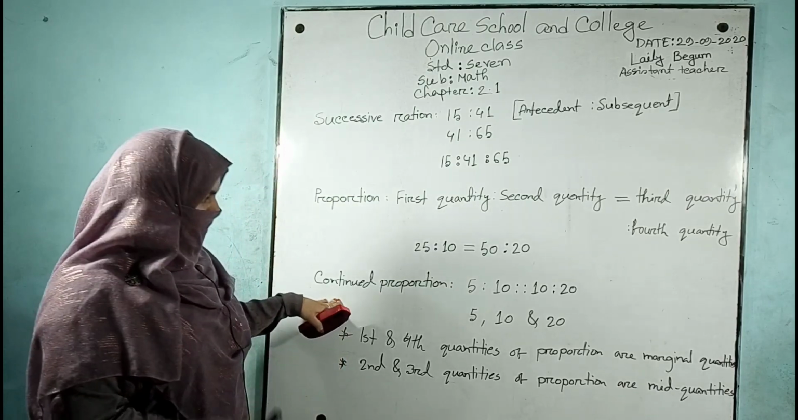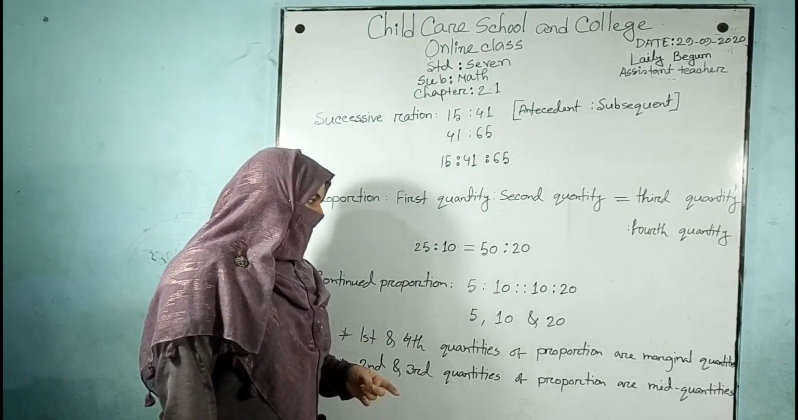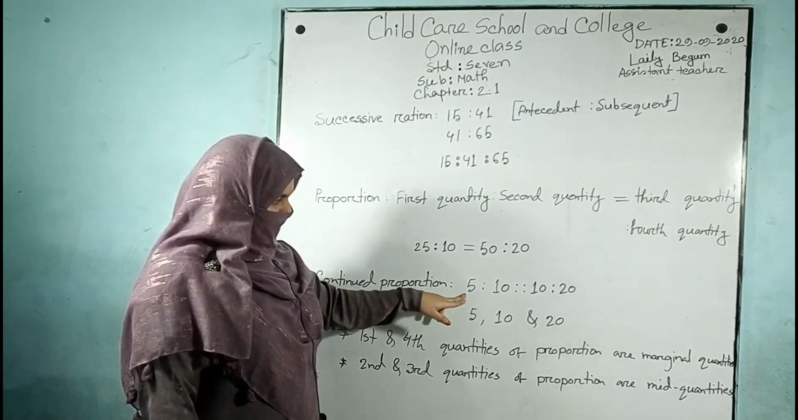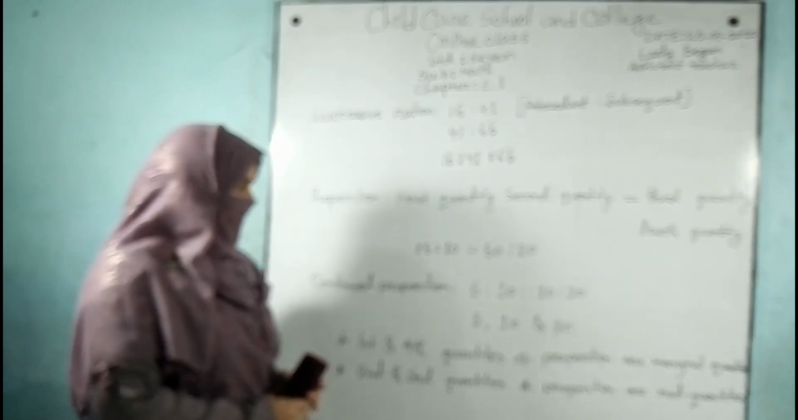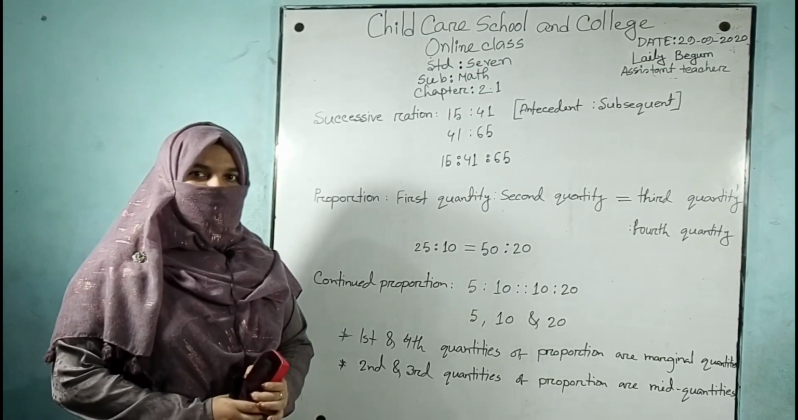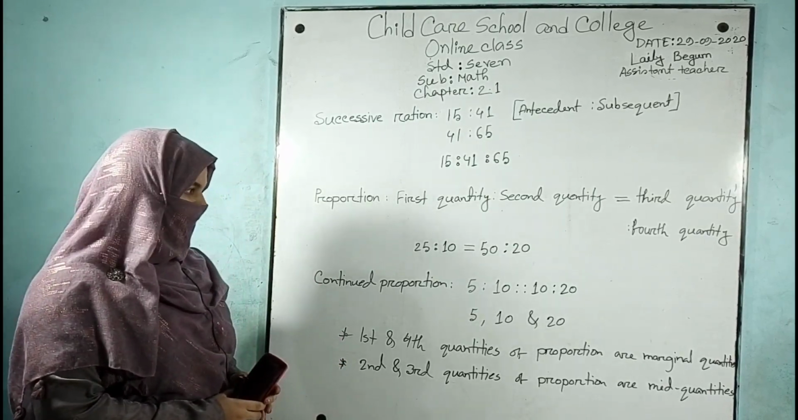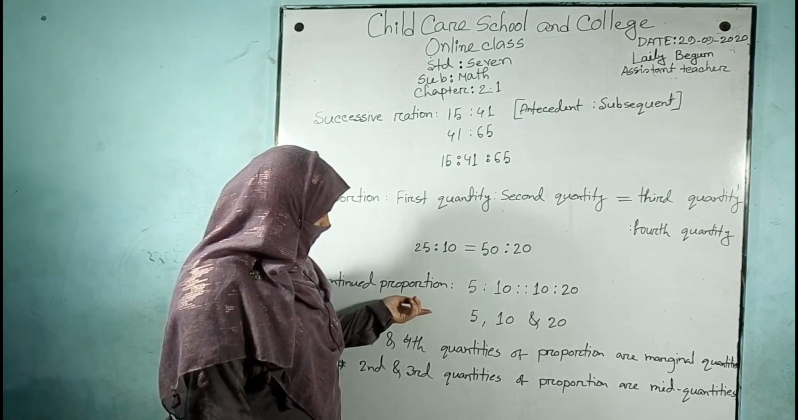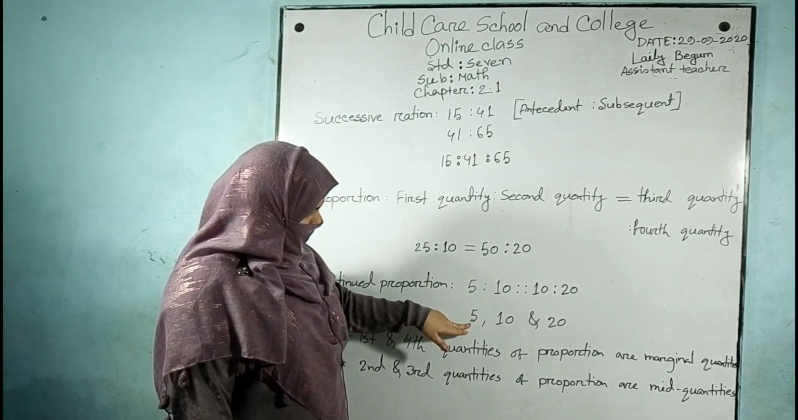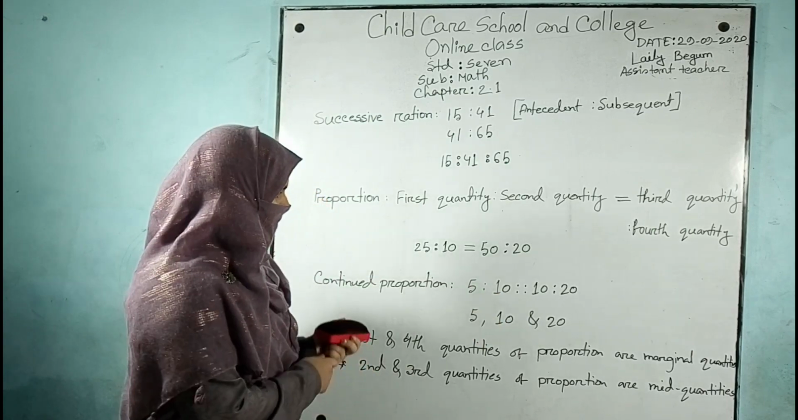Then continued proportion. In a continued proportion, the first and second quantities of the ratio and the third and fourth quantities of the ratio are mutually equal. These are called continued proportion. We write this continued proportion 5, 10 and 20 in this way. This sign